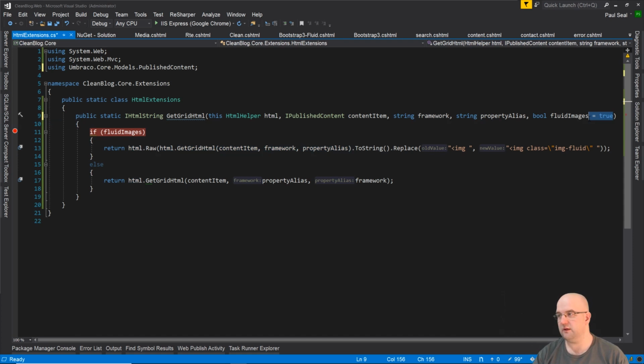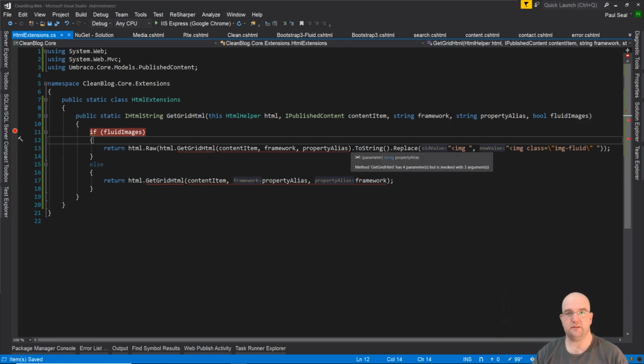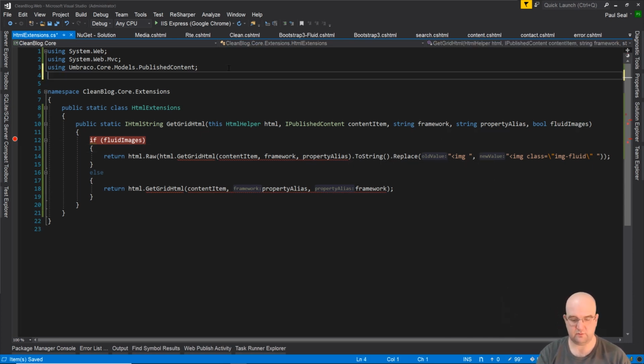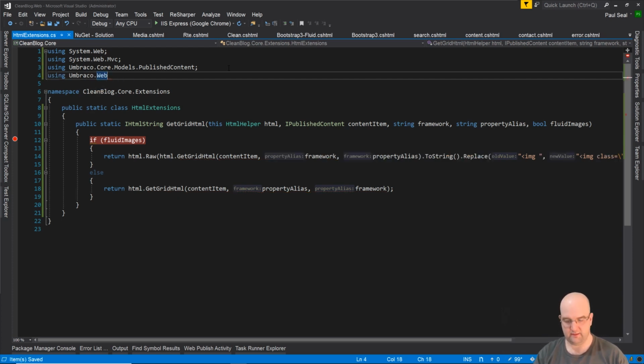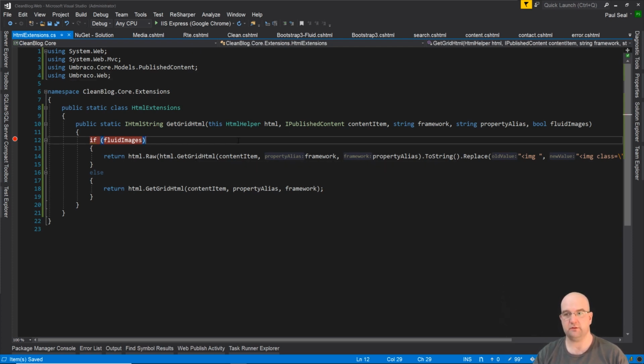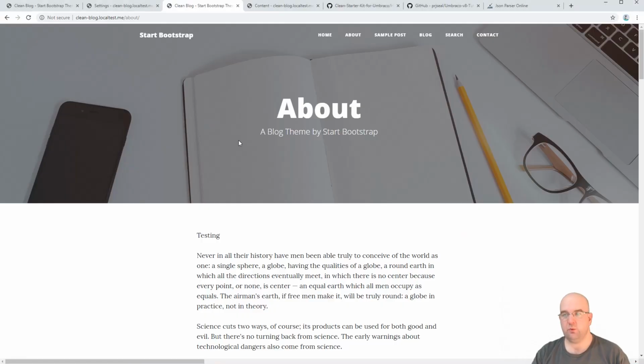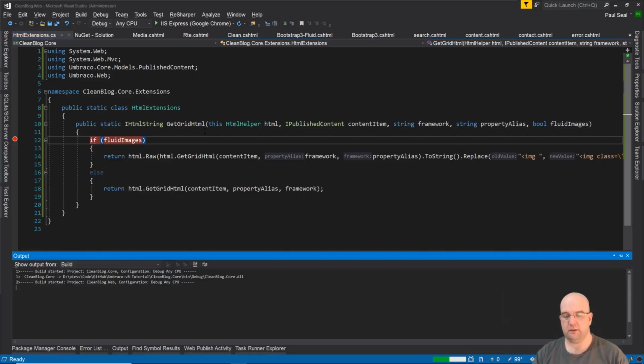So it got itself into a bit of a loop. So don't put a default of equals true on that variable. And then this is complaining, well, it doesn't know of any other usage. So then what you do is you do using umbraco.web, and then put a semicolon at the end, and then it will be aware of all the other overloads that you can use for it. So when you do that, then instead of calling itself again, it will actually go off and call the ones that are built into Umbraco. So with that done, and with a save and a rebuild,